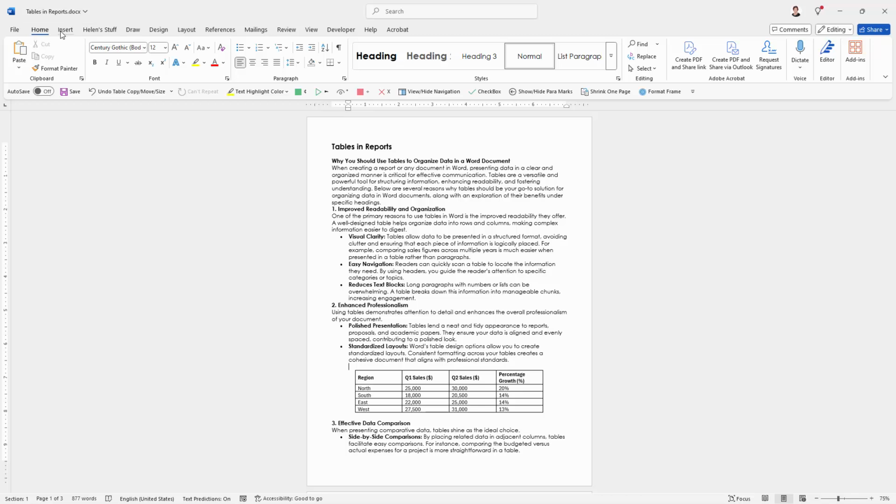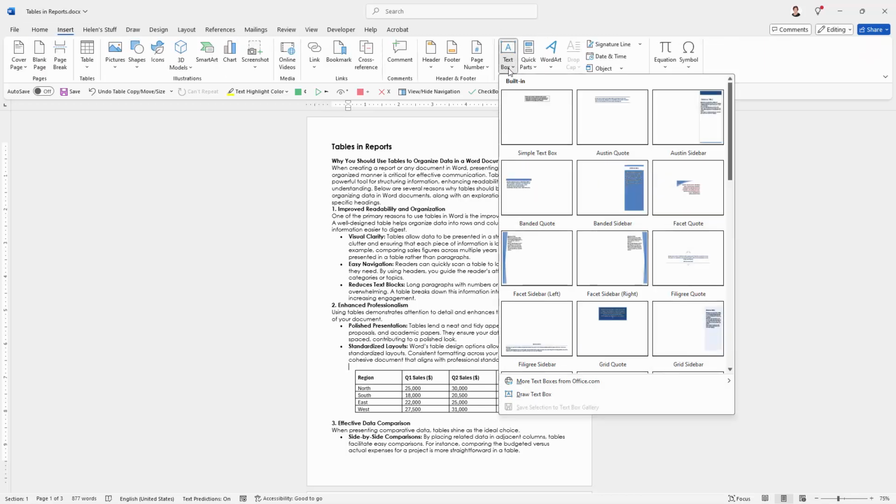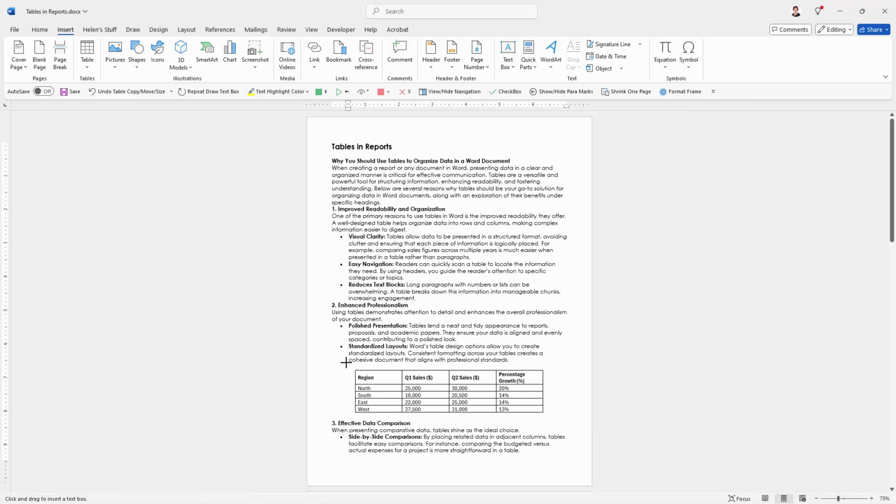in the table, and go to the Insert tab on the ribbon and choose Text Box. Come all the way down here to Draw Text Box. Now I selected this sort of area because it's going to be easy for me to estimate how big a text box I need for this table. So I'm just going to draw pretty much over the table with a little bit of space around it and